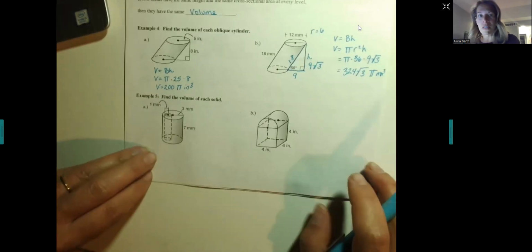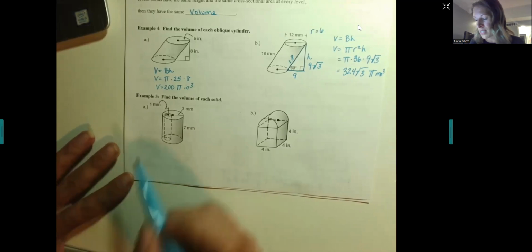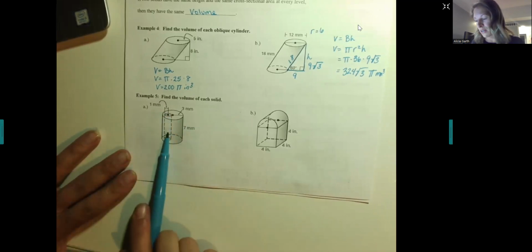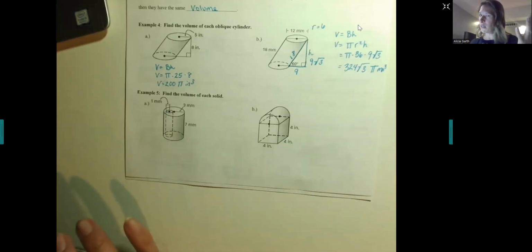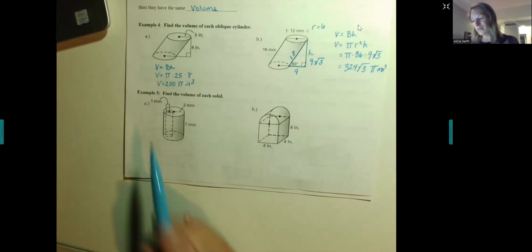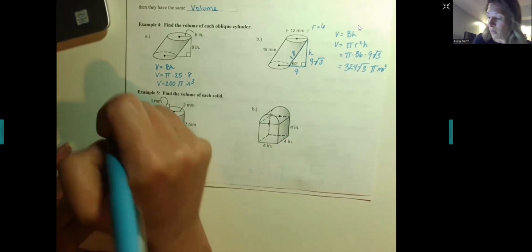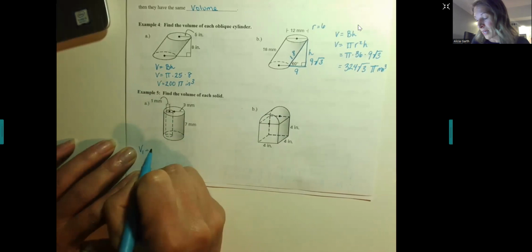The last thing we're going to do is we're going to find the volume of each solid. Now, what this is showing us is that we have a portion of this cylinder that's been taken out, a second cylinder. So we're going to find one cylinder, we're going to find the other, we're going to subtract them. Let's do that. First cylinder, we're going to say volume of the first cylinder is equal to my base, which